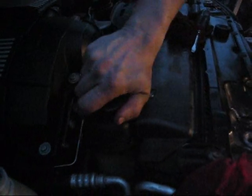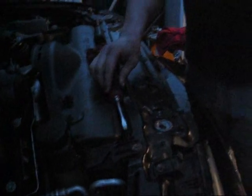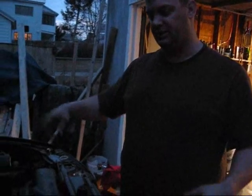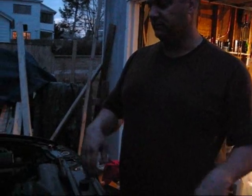So we just snug down our radiator cap, and at this point the system has been basically bled. There's still a little bit of air in different places in the system, but that extra coolant that we left in the expansion tank is going to take the place of that extra air as it works its way out of the system. And then when the car cools down, we should find that the level has fallen, should be fairly close to the cold level where you're going to leave it the rest of the time. So we're going to let it